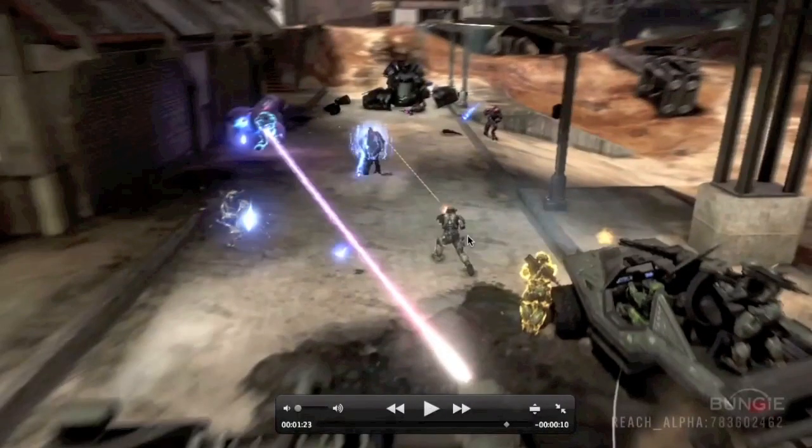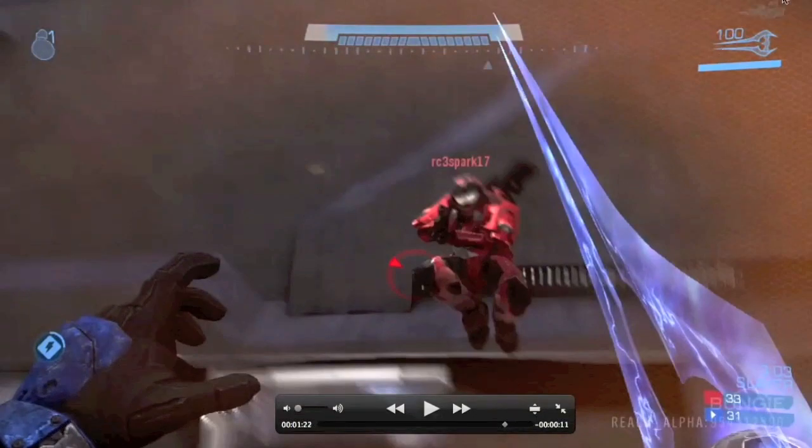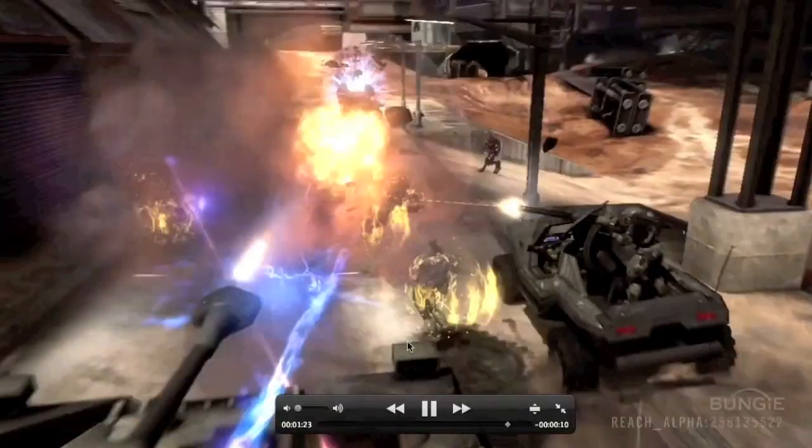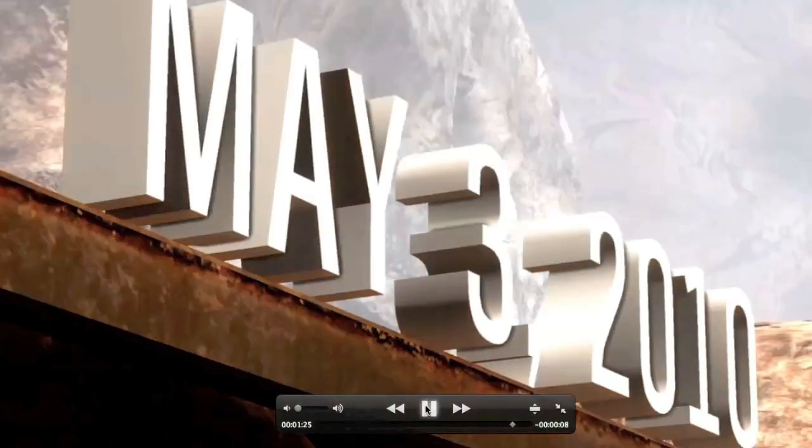The sword is back, and it also has the energy. So he kind of comes up and hits him. And you also notice the armor ability he has on is the sprint. So sprinting and the sword would be a pretty good combo if you think about it, because you could sprint around and then sword people. So you see the sword works pretty much the same way. And then at the end of the trailer,